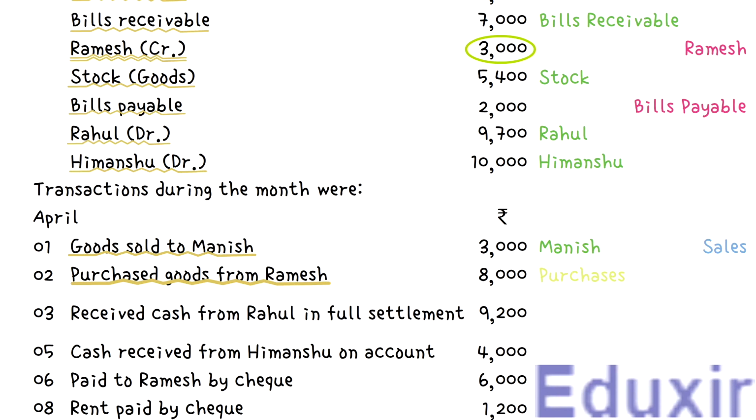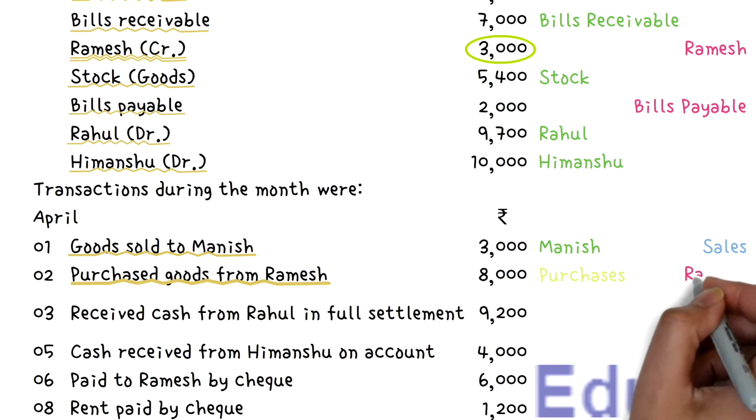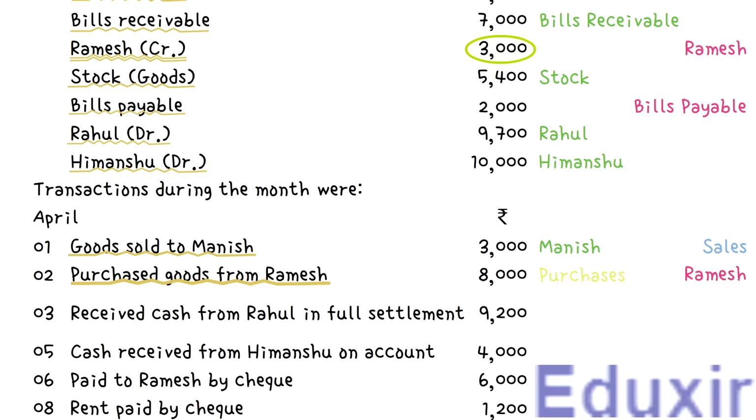At the same time, as these purchases are done on credit, the liability of the business to pay to the creditor Ramesh increases. In other words, the liability of the business is increasing in this transaction. The rule to record any increase in the liability is to credit the corresponding liabilities account. In this case, the creditor Ramesh account should be credited. With this analysis at our disposal, let us now proceed with the journalizing of this transaction.